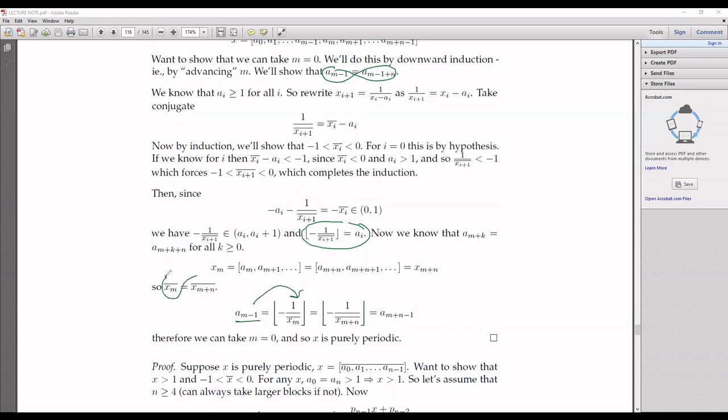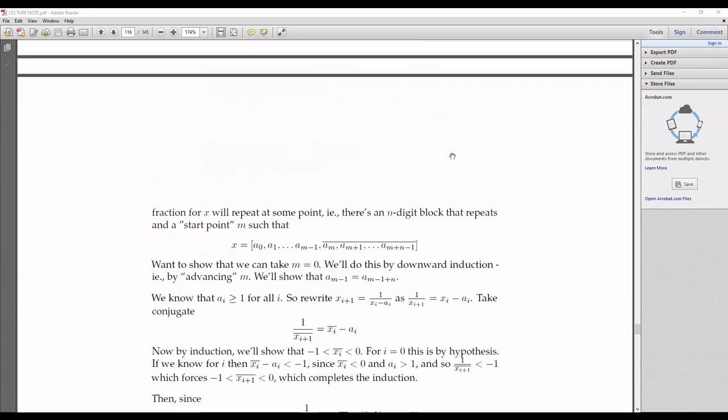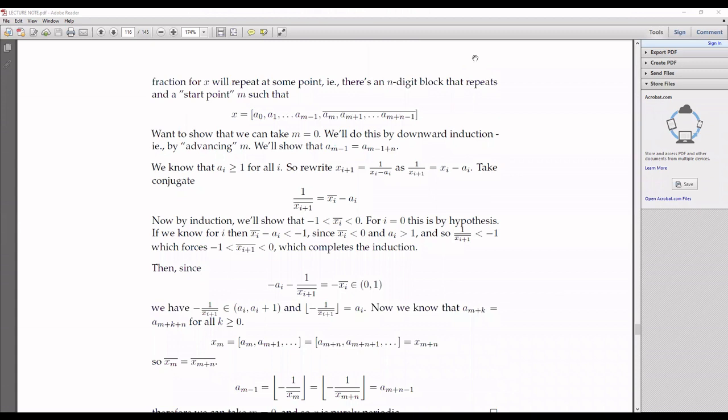And since xm bar is xm plus n bar, I am just substituting xm by xm plus n here. And this is nothing but, again using this equation, am plus n minus 1, which proves, as we were trying to prove,